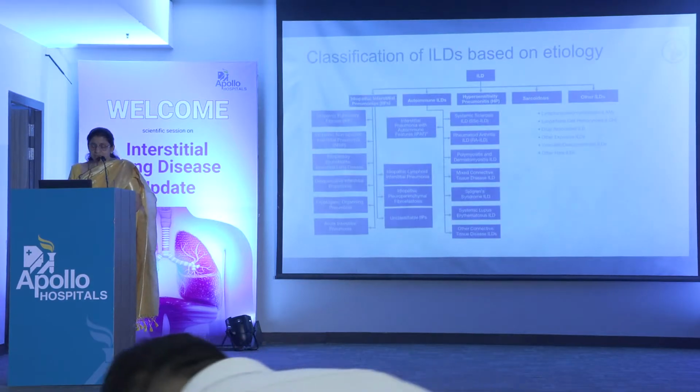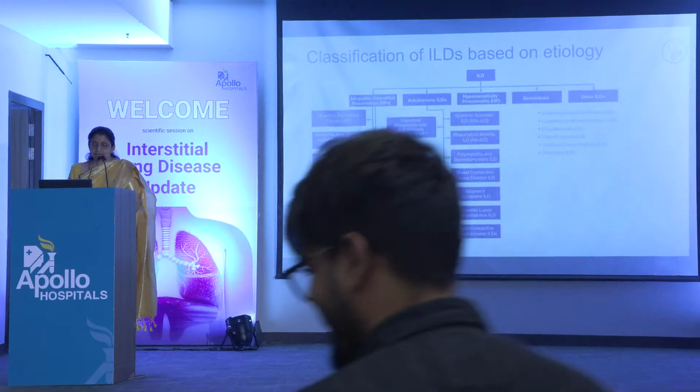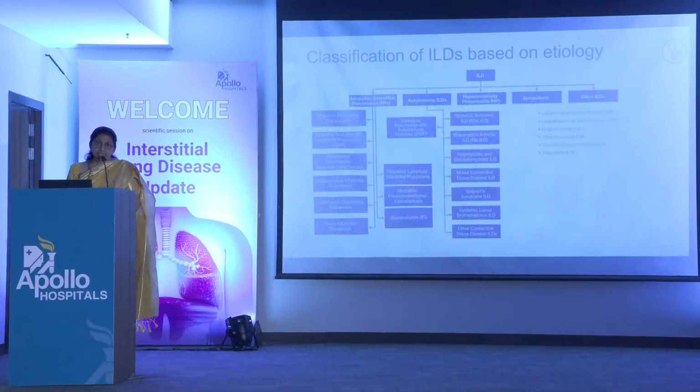So just in brief, the interstitial lung disease can be divided into idiopathic interstitial pneumonias, autoimmune ILDs, which has already been spoken about, hypersensitivity pneumonitis, we'll have a talk about it soon, sarcoidosis and other interstitial lung diseases, the rarer ones like LAM, Langerhans cell histiocytosis, drug-induced, other forms, vasculitis. So these are more rare, they may be associated with cysts and they may have a very different type of